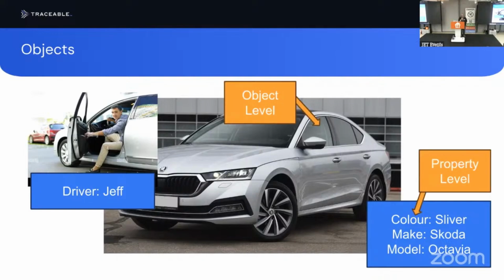Now, the object level is this car. The property level is the attributes around the car, and the function level is the driver. AKA, I can't just go up to anybody's car and start driving it. I don't own that car. That's your functional level. You can't, as a random passerby, just go and start somebody's car. That's the object level. And you can't go in there and remove all the badges off the car and then replace them with something else and then adjust the property level, which is a really confusing way of separating the same vulnerability in 3 ways.